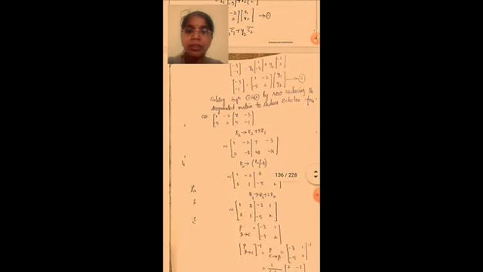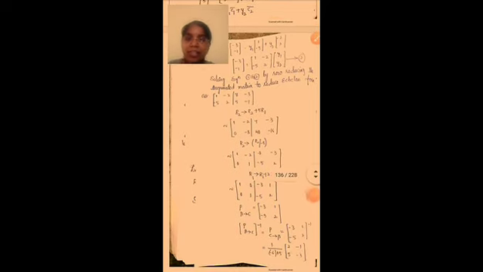Solving equations 1 and 2 by row reducing the augmented matrix to reduced echelon form. Okay, now echelon form is nothing but we have to convert this to a triangular form. Echelon form, 1 0 0 1, sorry. So first one is from equation 1, 1 minus 2 minus 5 2, and next second from equation 2, 7 minus 3 5 minus 1. So here we have to apply R2 plus 5R1.